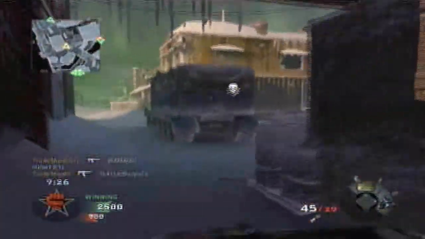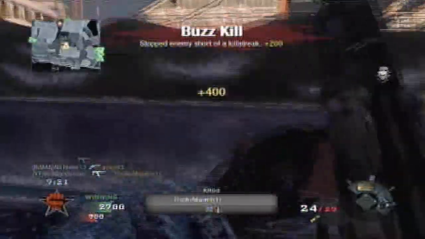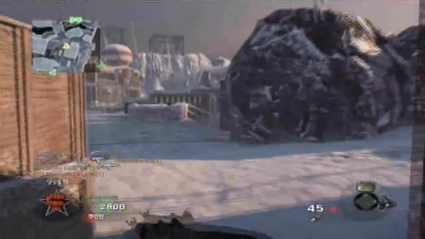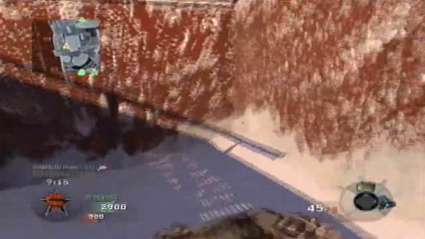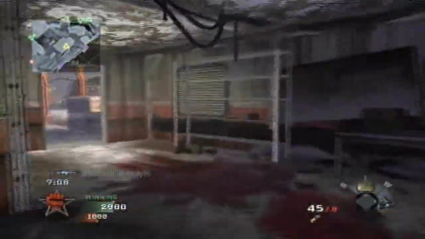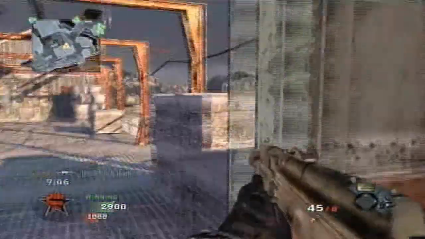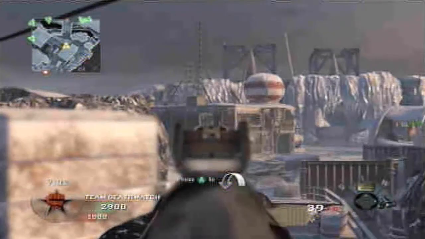The AK-74U is a pretty good gun. I don't know if it's really the most overpowered gun right now. I heard that the FAMAS is, so not bad for a first try, I guess. And the extended mags and suppressor: when you use a suppressor on a 74U, you're most likely going to need extended mags, because you will see that